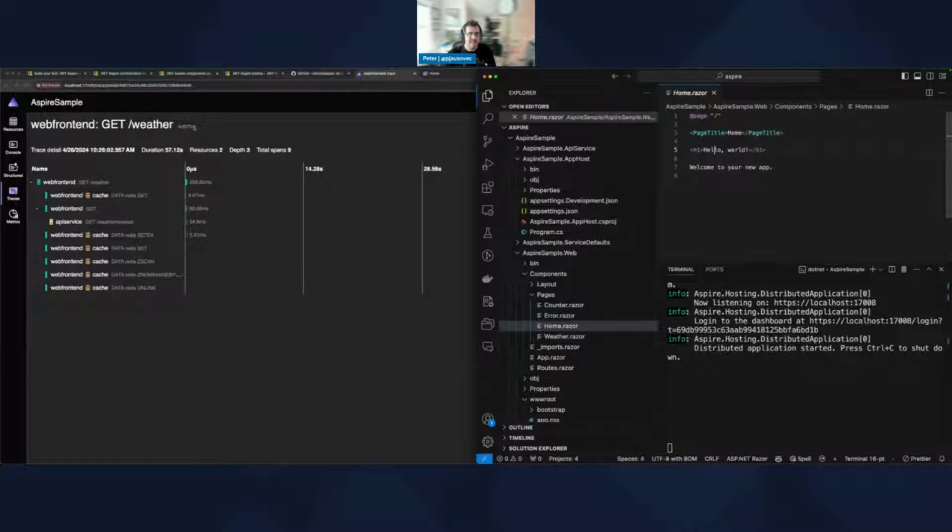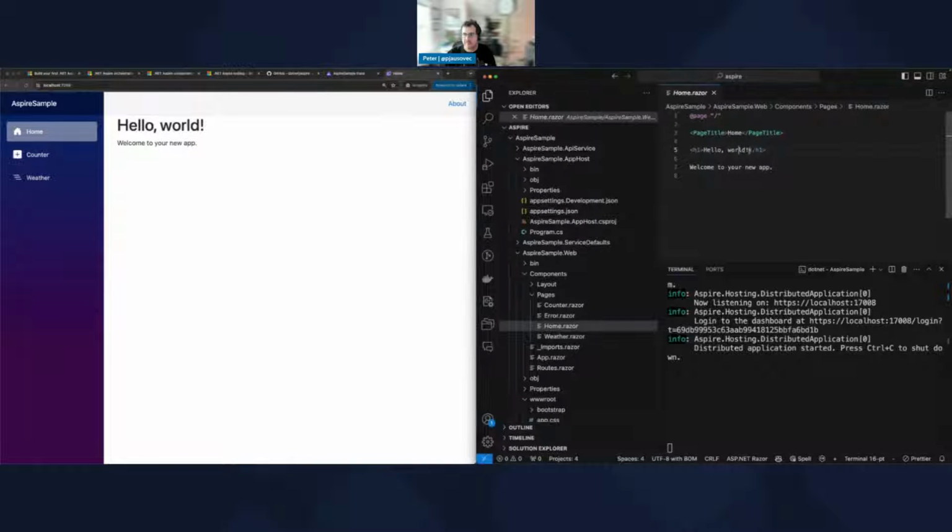Does it reload? That's why I'm curious. Not the most important thing, but for local dev,